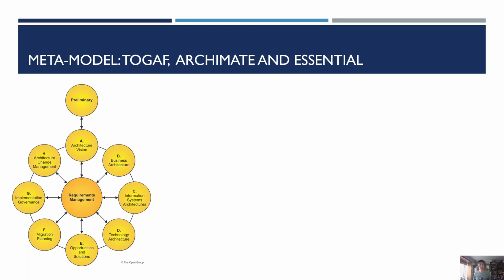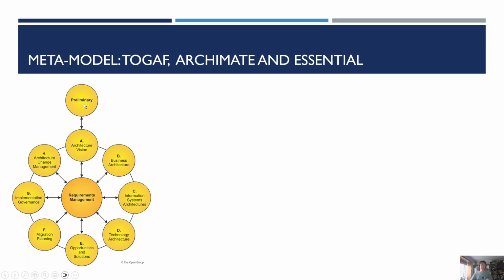TOGAF, I hope you understand and are familiar with the ADM, the Architecture Development Method. It goes from phase A to phase H, and it keeps evolving. In the earlier years it was maybe just A to F, but later it introduced implementation governance for phase G, and change management for phase H. But A to F is still the key, or we can say the core phases, starting from the